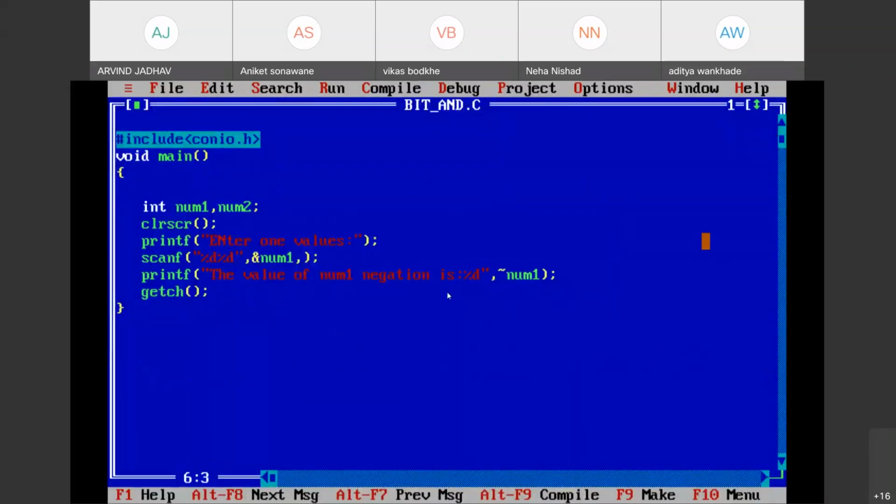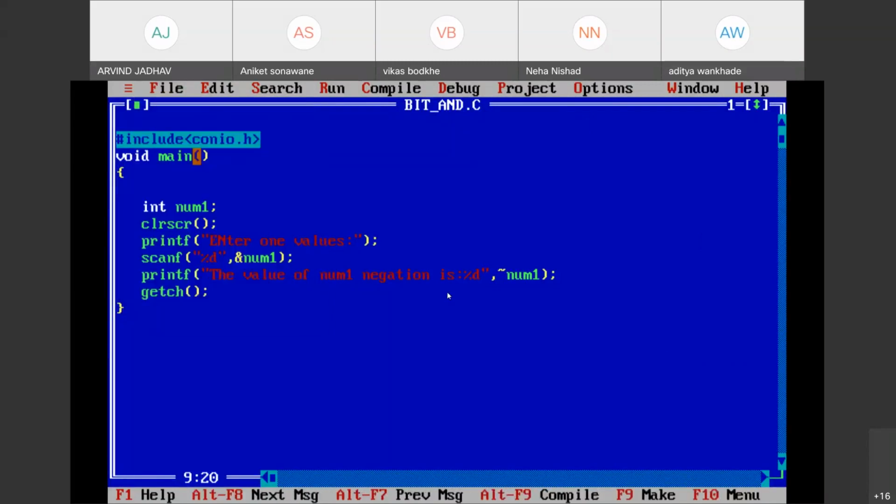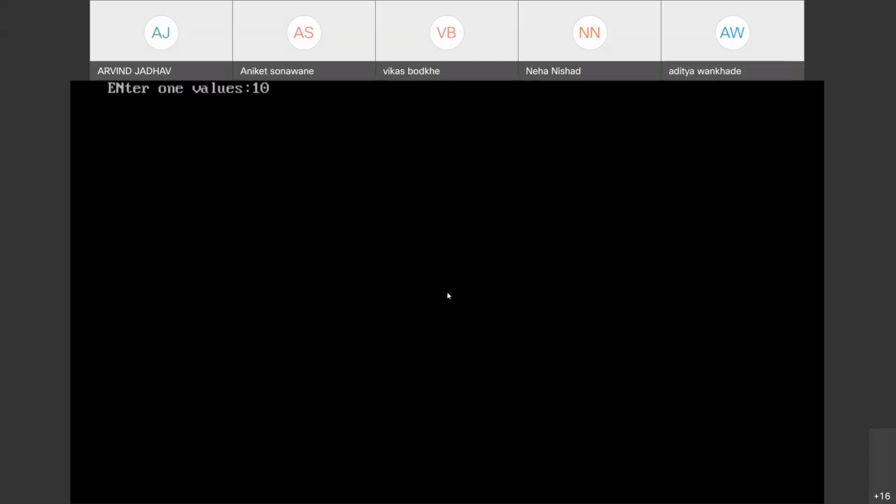So yeah, I'm using a second variable. Once we declare that, I don't want to use num1 over here. Percentage d took the two values, that's why here I'm using a percentage d. Enter one value, and that value will be scanned in the address of num1. So also we need to change by using this. Replace the comma, and after that we need to save. Okay, now it's executable. So now I will enter 10.